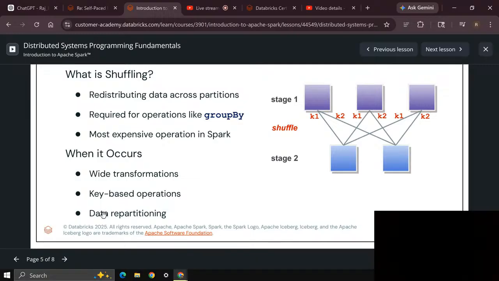key based operations, data operations. Key based operations means join is one of the examples, and data repartitioning. Whenever you want to exclusively do the repartitioning with the repartition function, then it occurs. Okay,